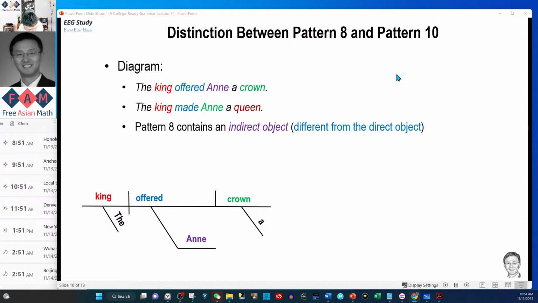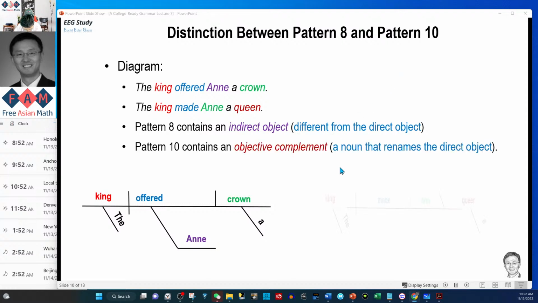In this version, I did not put the X marks there. If you want, you can. You don't have to. But it's important to understand Anne here is, logically and grammatically, equivalent to to Anne. Therefore, we diagram it in this way. Put it in a prepositional phrase modifying offer. Offer a crown to Anne. Offer Anne a crown. And the next sentence,